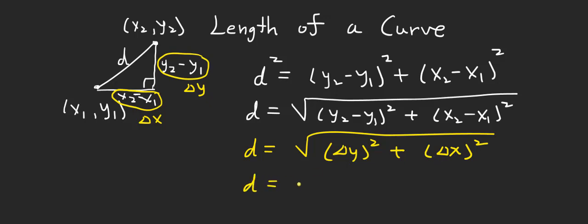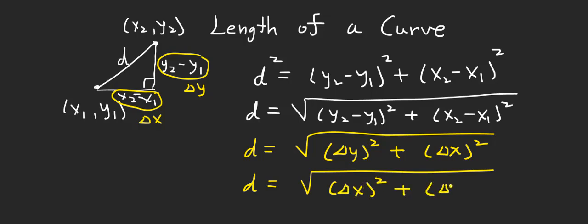You could change the order and say it's the square root of quantity delta x squared plus quantity delta y squared. So you need to keep this in mind as I show how to find the length